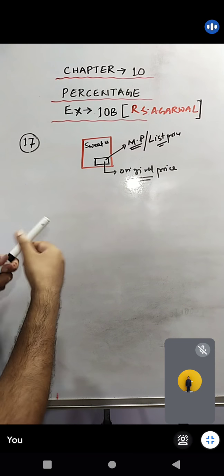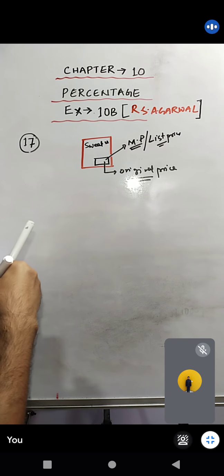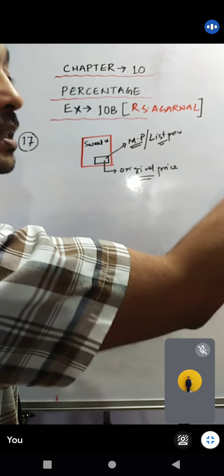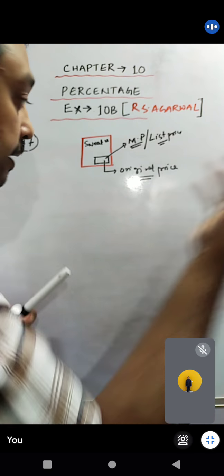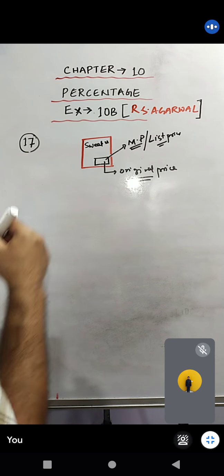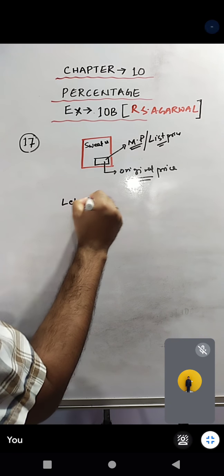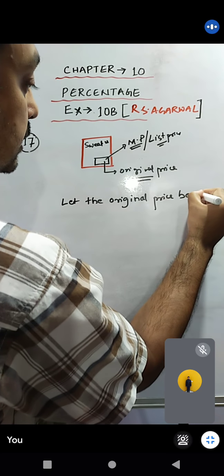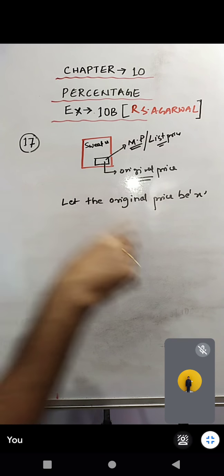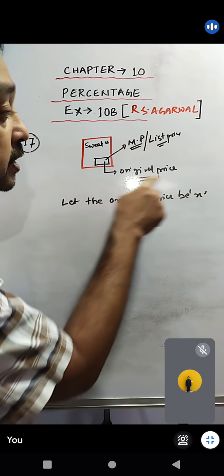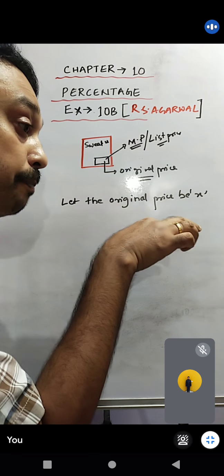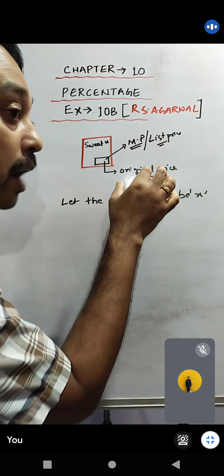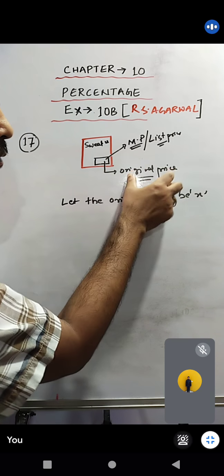Okay? So now, what is the story? Now when the shopkeeper is selling this particular sweater, he is not selling at this price. He has increased 8%. अभी वो 8% बढ़ा के sell कर रहा है. So we are not aware of this price. So now let the original price be X. This is the most important part. Now you are increasing 8% of the original price. जितना था उसका 8% आपने बढ़ाया. Whatever the price was, to that price you have increased 8%.